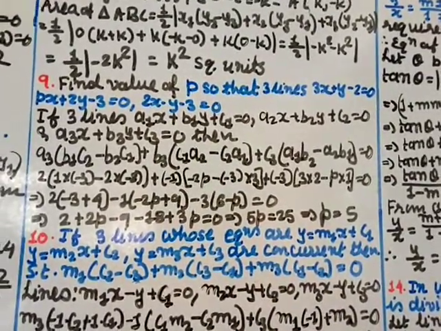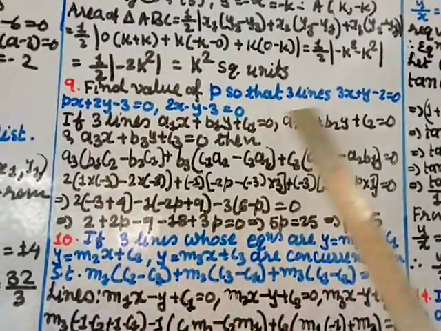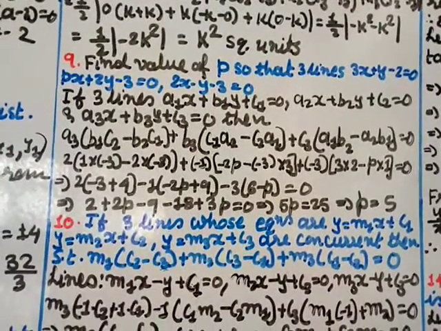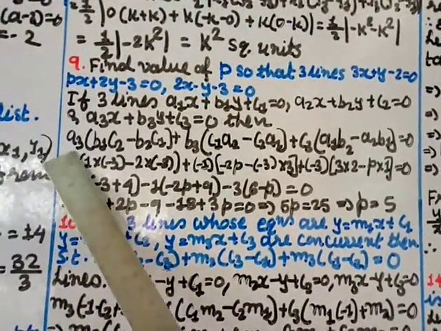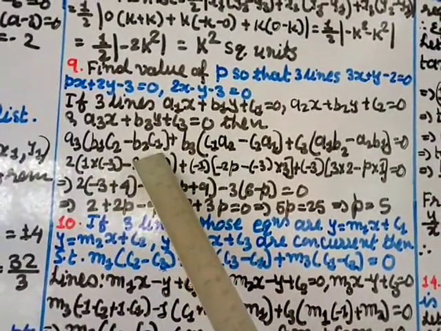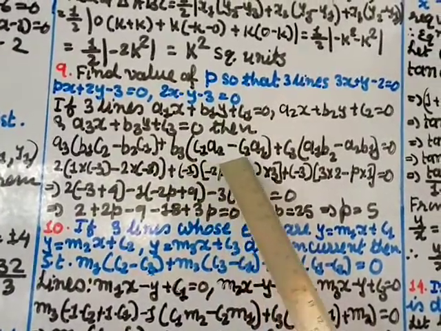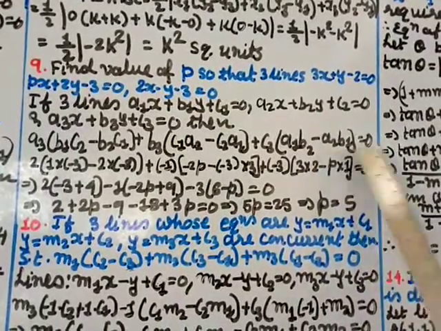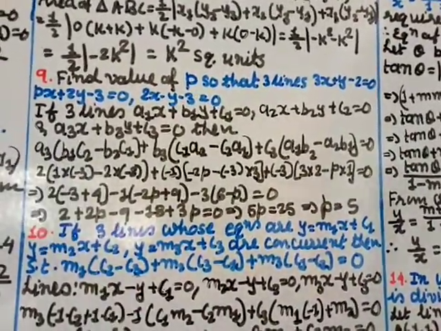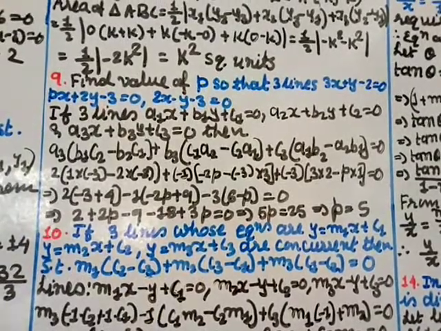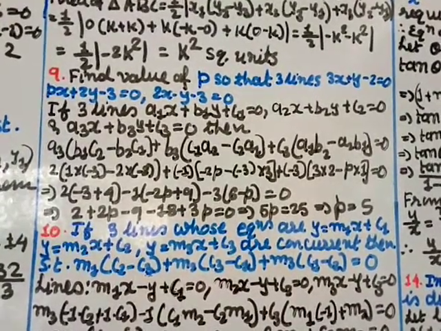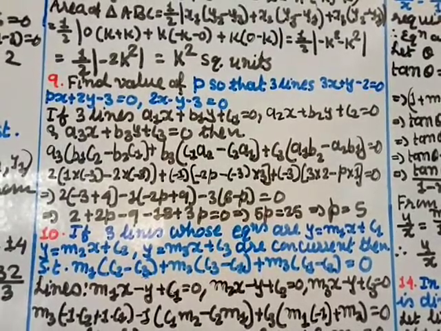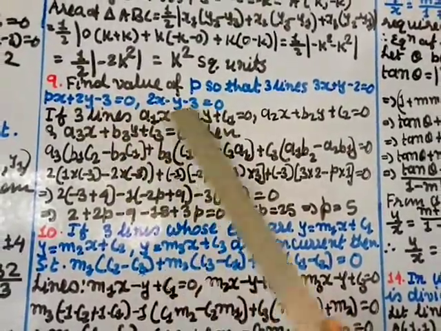then we say that if I put the coefficients of x, y and the constant term, only the constant term, here a3 b1 c2 minus b2 c1 plus b3 c1 a2 minus c2 a1 plus c3 a1 b2 minus a2 b1 equal to 0. So this is the condition, where a1 b1 c1 are the coefficients of the first line, a2 b2 c2 are the coefficients of the second, and c1 c2 and c3 are the constant terms. So you have to compare these three lines of equations with these.